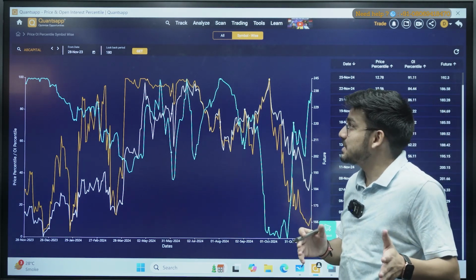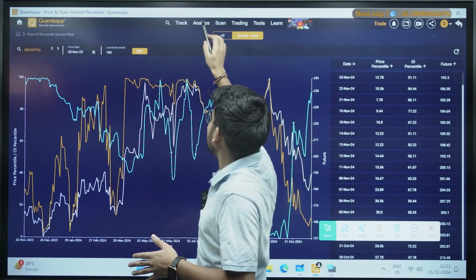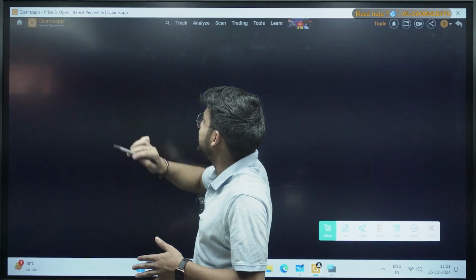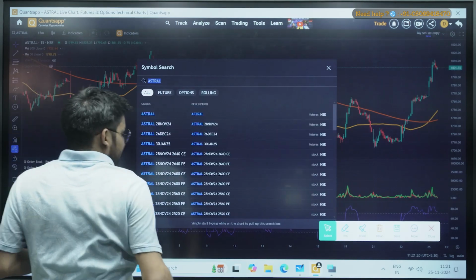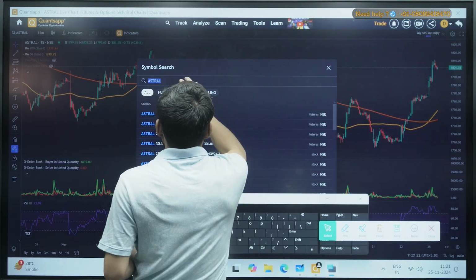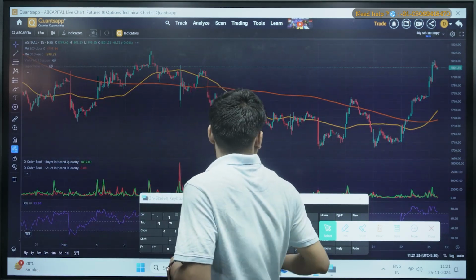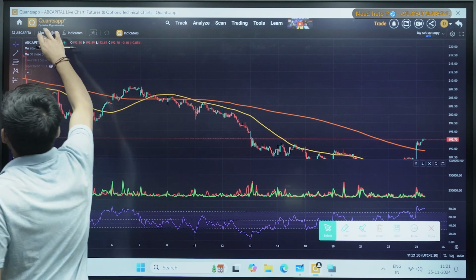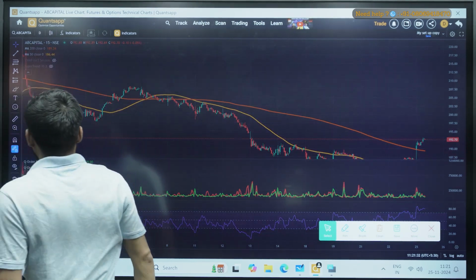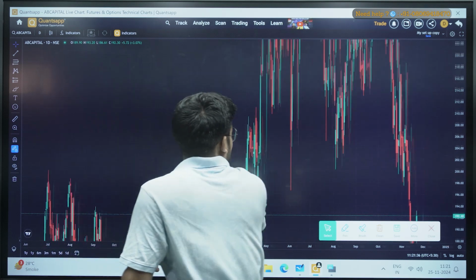So now let's directly analyze this stock in the chart as well. For that, I will go to the analyze section, in charts, trade and order, and apply AB Capital here. Okay, AB Capital is here. I will change the time frame to 1 day and remove the remaining indicators from here. So you can see